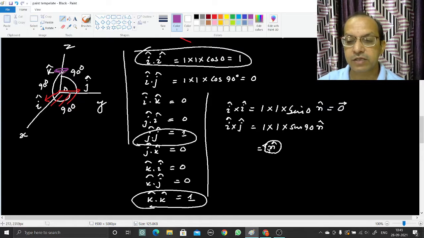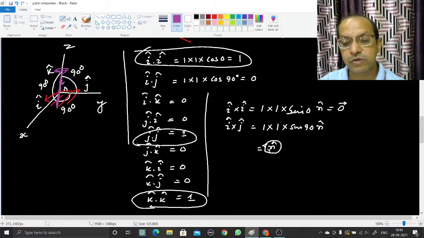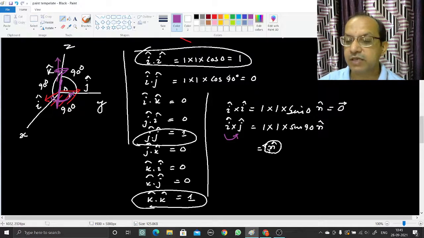We will put a screw here along the z-axis or along the minus z-axis, and we will rotate this screw from i towards j, because it is i cross j. If we rotate it in this direction, i towards j, it will move upward. So that means i cross j will be in the z direction,